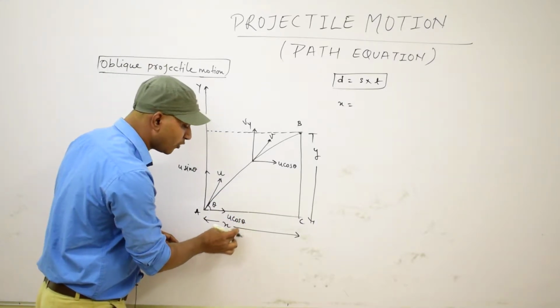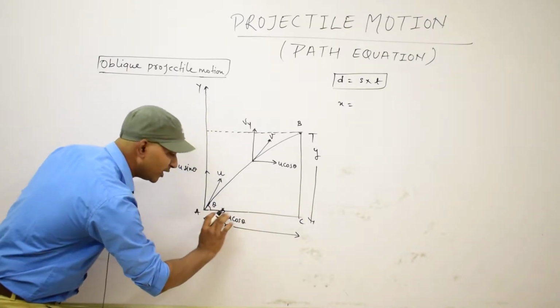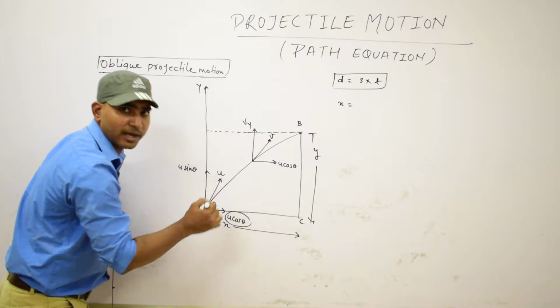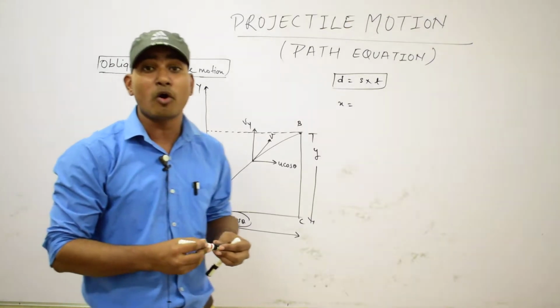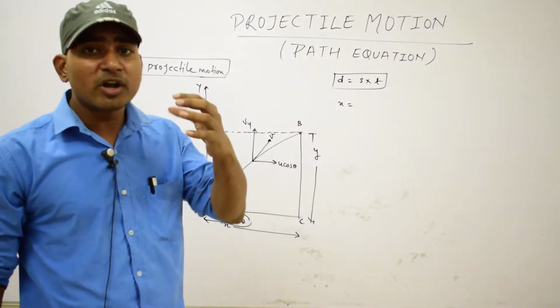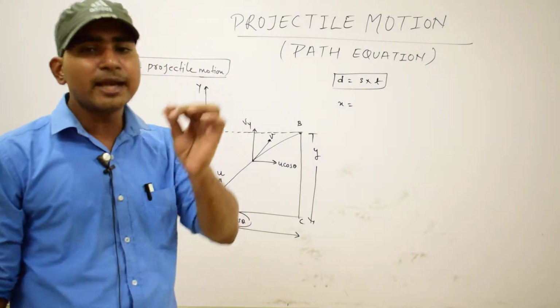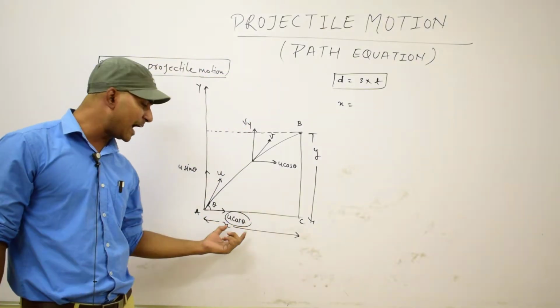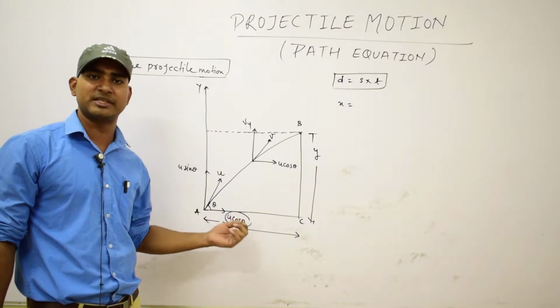So distance equals to what? The component of the velocity along the horizontal direction, and that is what? U cos theta, by the help of which it is moving in a horizontal direction. So whatever the motion you are considering, that component of the velocity you have to take. So for the horizontal motion, I have to take the horizontal component of the velocity, and that is U cos